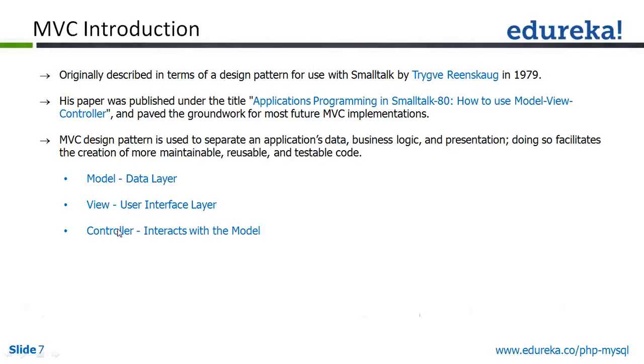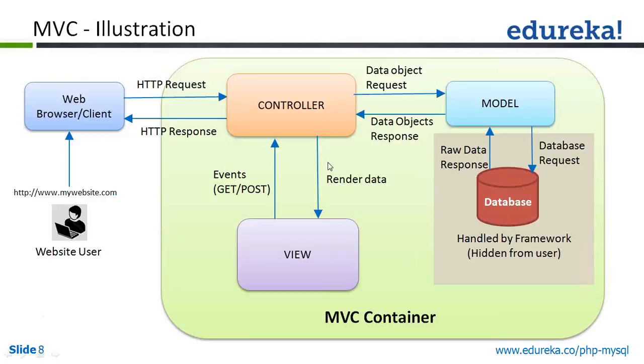Using a view, the client will send a request to the controller. To the server, it will come to the controller. Controller will receive the request that will be forwarded to the view or to the model. Model will work with the database, fetch the data, or do the database operation, and give the data back to the controller. Controller will forward the data to the view, and that view will render the data in a format to the client. So this is a beautiful diagram.